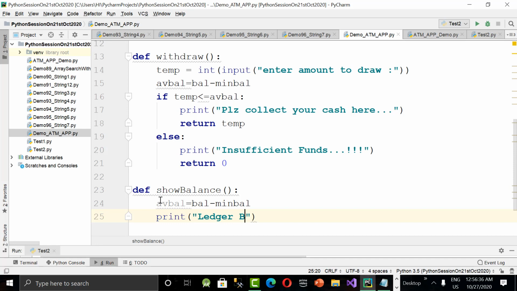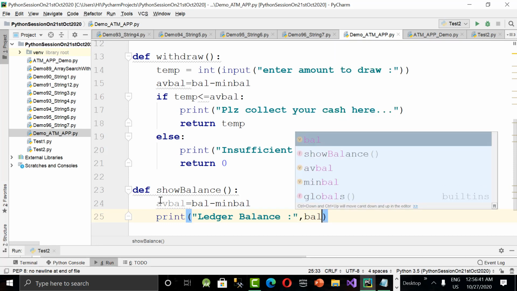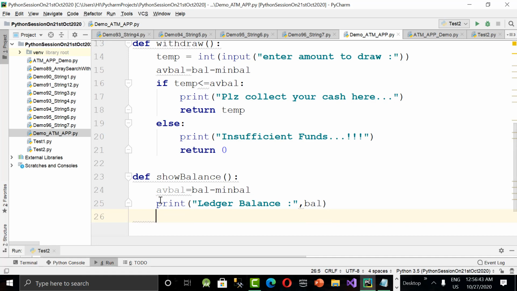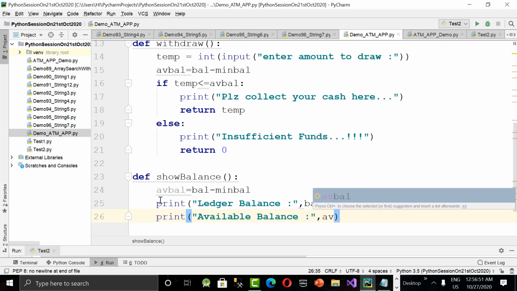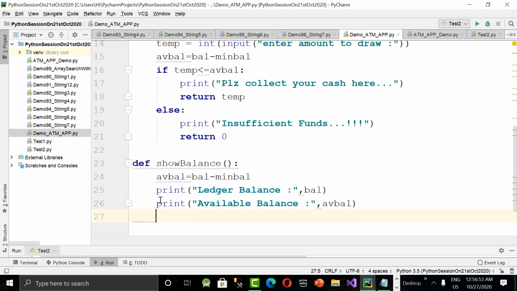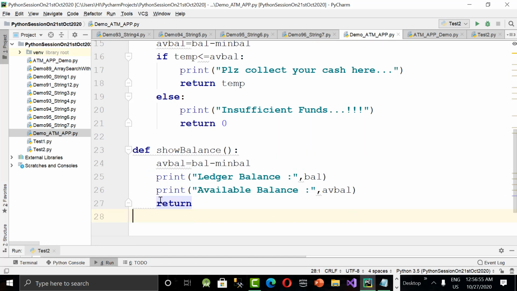Ledger balance means total balance, comma bal value, followed by available balance, that is nothing but AV bal. So both I am printing. Just write a return statement. Of course, we are not returning any number, just displaying ledger balance and available balance.